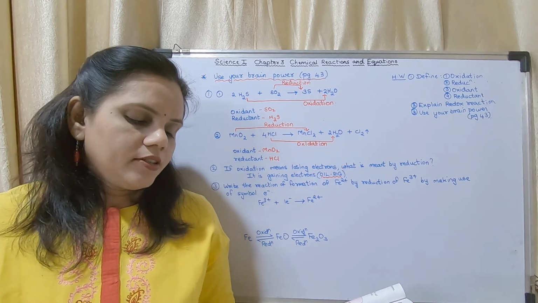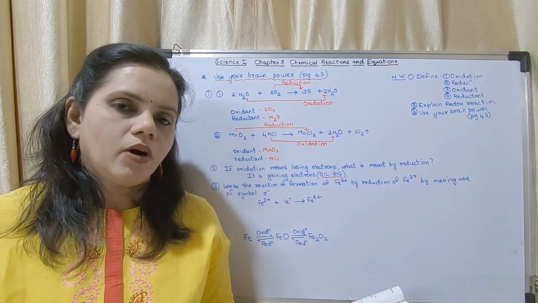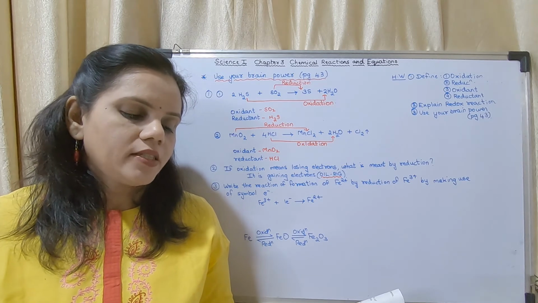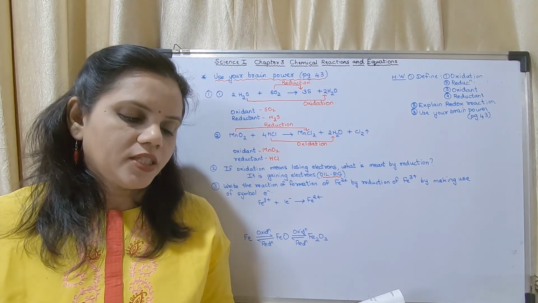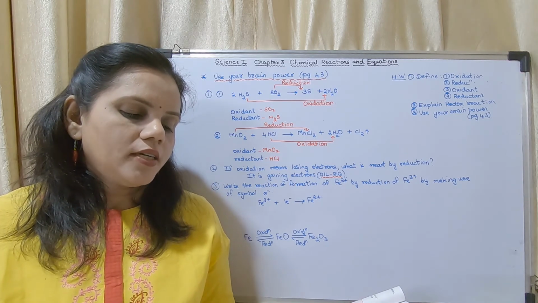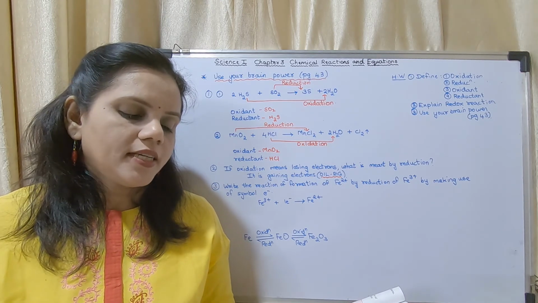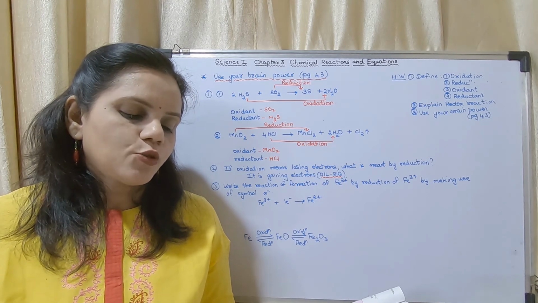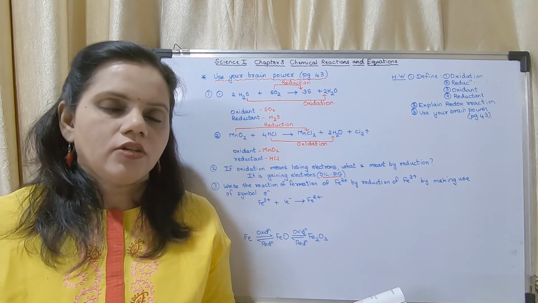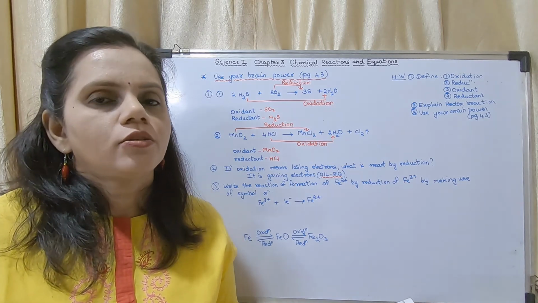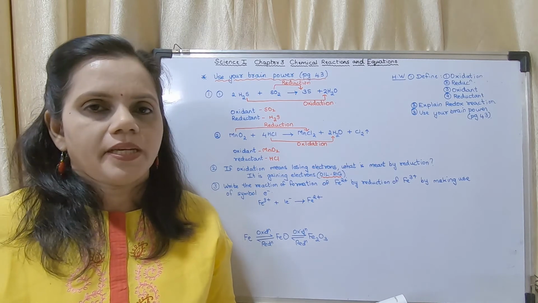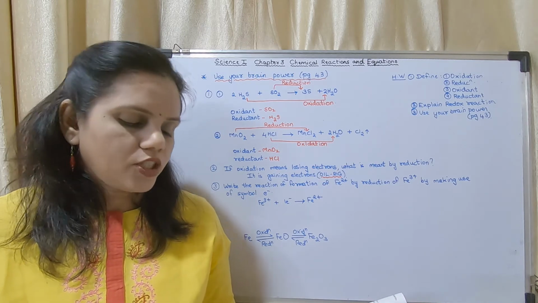Okay, now there is a Do You Know part box on the right hand side. A redox reaction takes place during cellular respiration. Here, the molecule of enzyme called cytochrome C oxidase helps the transport of electrons to bring about this reaction. So the enzyme cytochrome C oxidase helps in cellular respiration. It is an objective question.